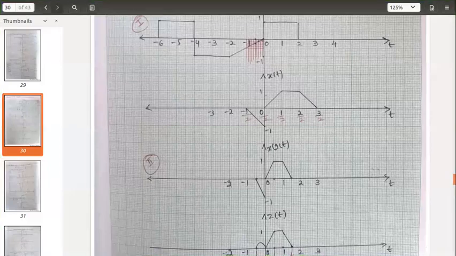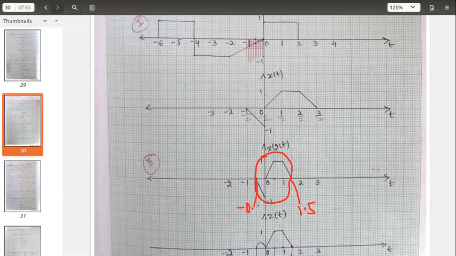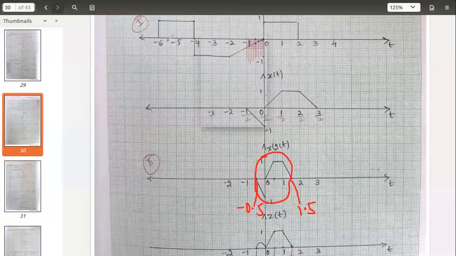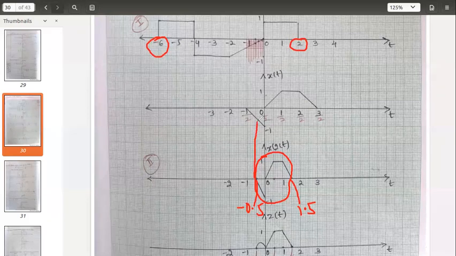So let's multiply the signals. If you observe, the range is very small here. It is between minus 0.5 to 1.5. Minus 0.5 to 1.5. If you observe, the range here is minus 6 to 2, out of which till this